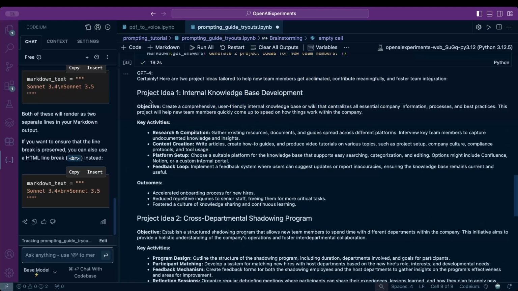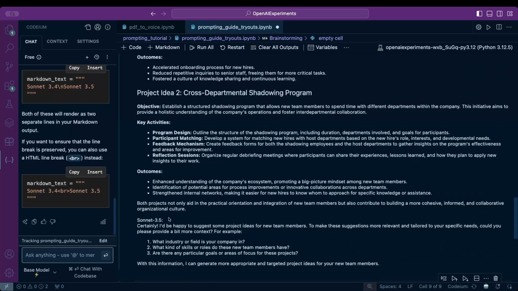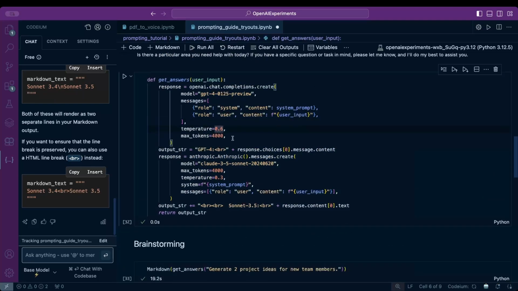So GPT-4 goes like, hey, here you go, your project stuff, and then it doesn't even ask at the end if we maybe need something entirely different. Sonnet, on the other hand, is like, I'd be happy to do that, but to make them more relevant, could you please provide more context and ask us some questions, and then it will generate the project ideas. So I feel like that is actually way better, but then we still have the 0.6, and